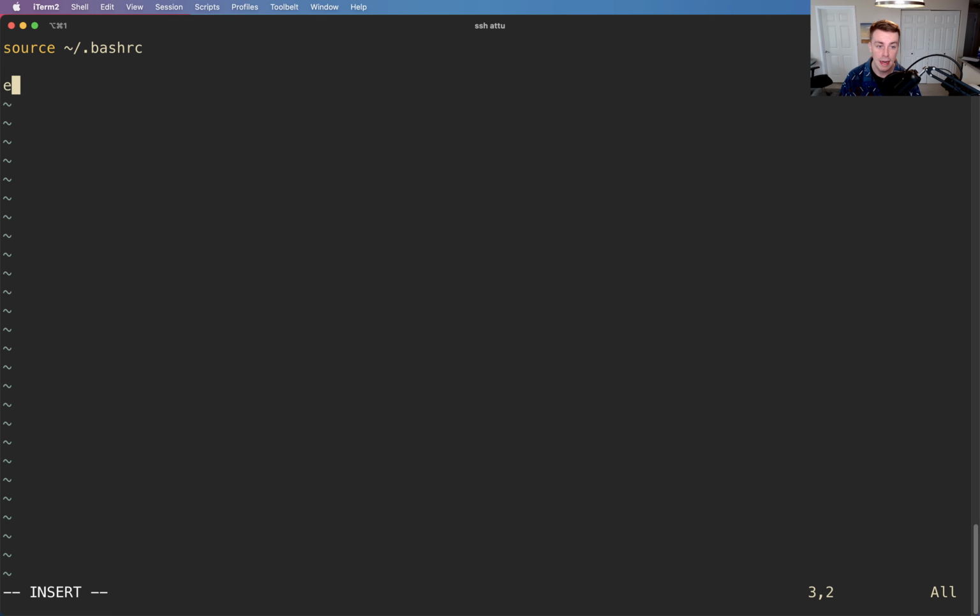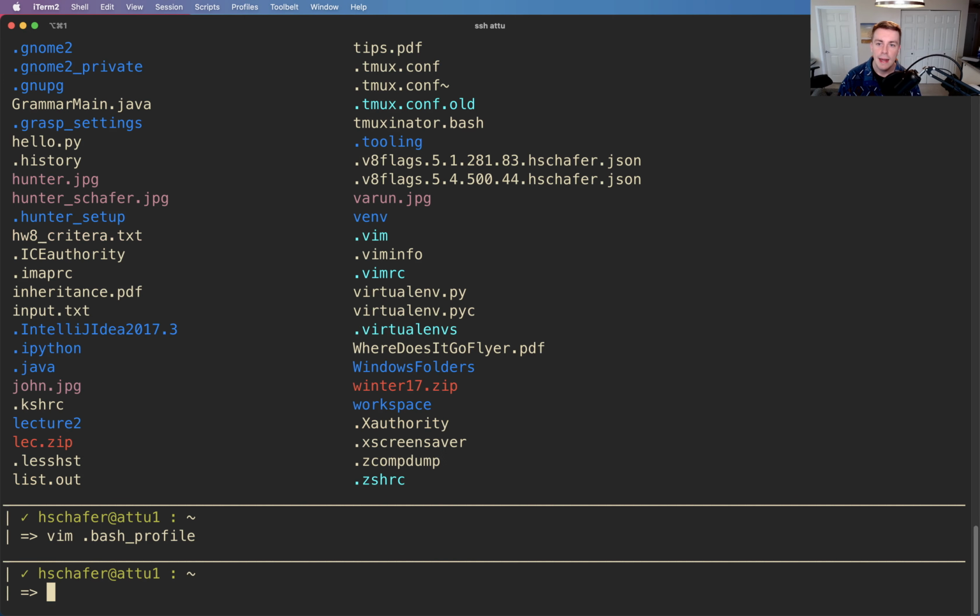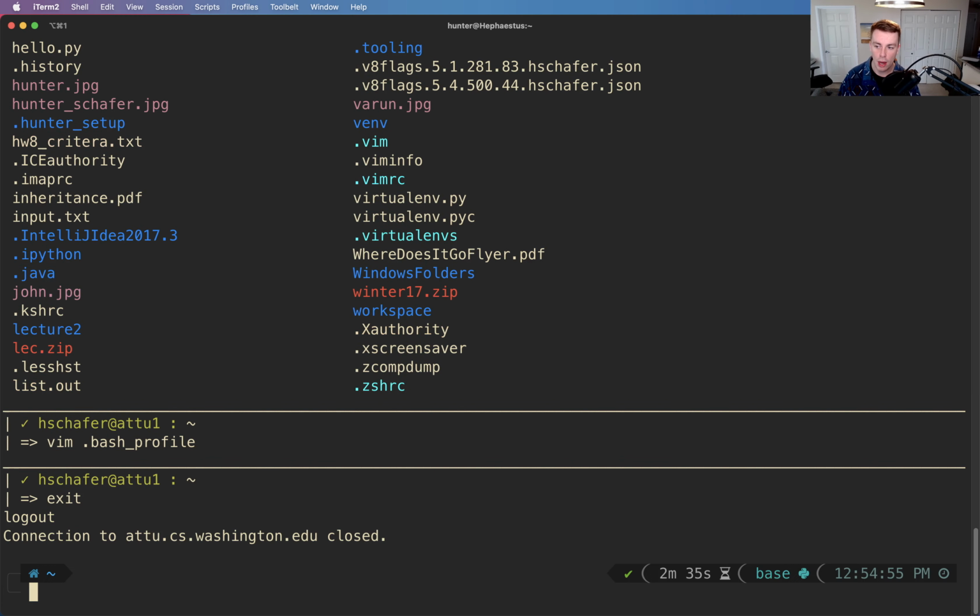But you can go ahead and do something like echo, and I'm going to say hello hunter. Save this and quit. Now, your bash profile and bashrc are things that get run whenever you log in. So whenever you start a new shell, if you logged in. So nothing happened right there. I changed this bash profile, but this only has an effect the next time I log in. So if I log out and then SSH back in,